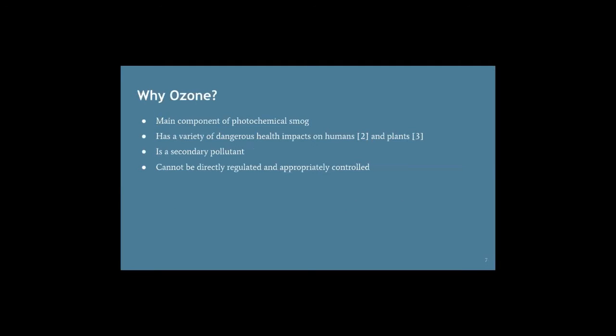Of course, there were many different pollutants that this project could have chosen to focus on, but ground ozone was selected for several reasons. One thing we took into consideration was that ozone is the main component of photochemical smog. Photochemical smog causes reduced visibility and a variety of health issues. So as the main component of photochemical smog, ozone is a pollutant that has conspicuous immediate effects and therefore is worth tracking. As I mentioned, ozone itself causes many health problems.